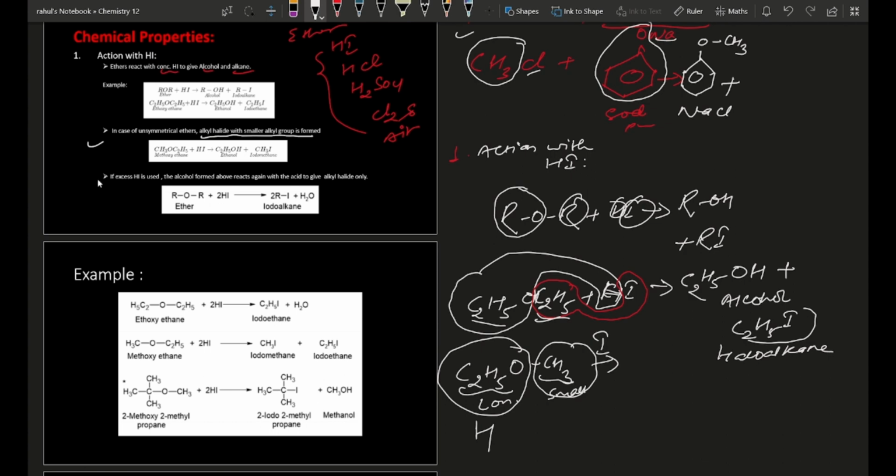The next condition is if the excess of HI is used, the HI को जुन amount छ त्यो excess गराइदियो भने के हुन्छ, the alcohol formed above reacts again with the acid, alcohol जुन formation भएको छ that again reacts with HI and it gives alkyl halide. So double दुईटा molecule of same alkyl halide formation हुने भयो. So त्यसको mechanism